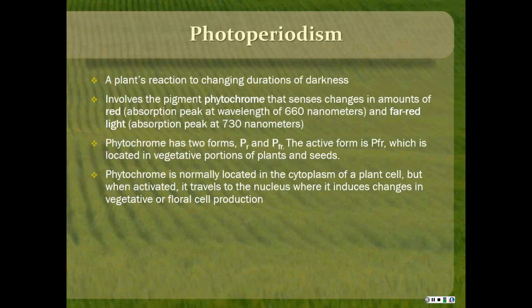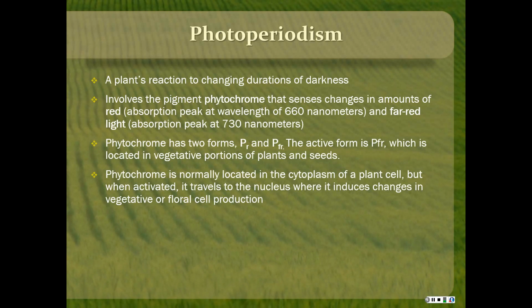And then photoperiodism is just a plant's reaction to changing durations of light and darkness. Photo means light, and period is basically how many hours of the day are light and dark. And it influences a lot of different reactions and developmental processes in the plant. And it involves